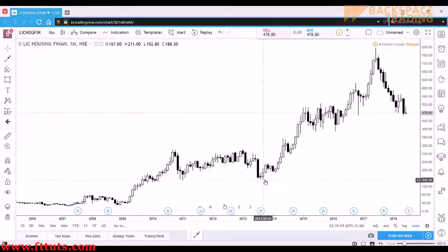This point, equal low. This point, did you get it? It's higher high. Okay. This is higher low, higher high, higher low, higher high, higher low, equal high, equal low, higher high, higher